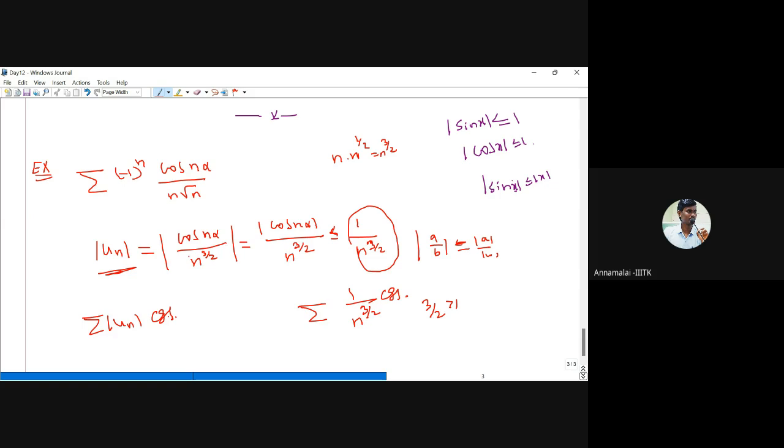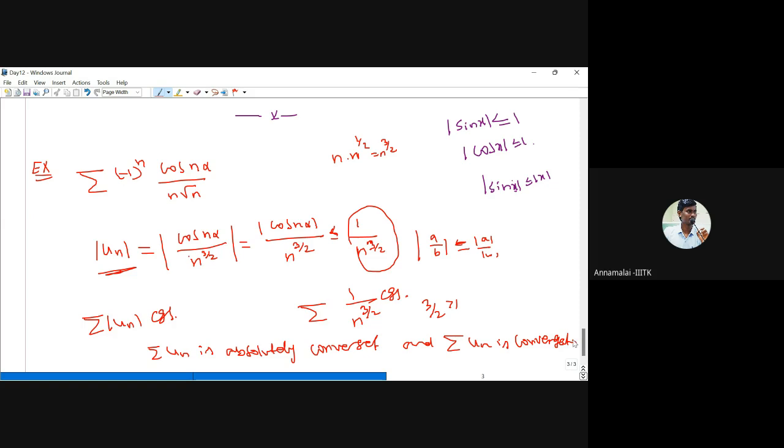That is, the given series is absolutely convergent. That is, the series of modulus of un is absolutely convergent. By theorem, every absolutely convergent series is convergent, and hence the series of modulus of un is convergent. So